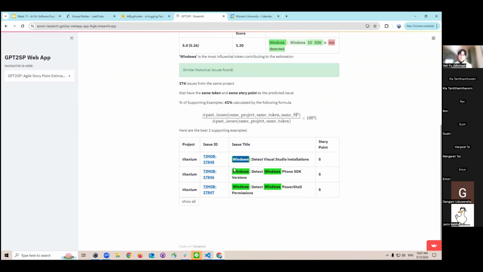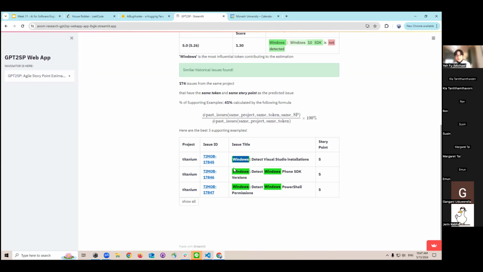This kind of explanation is really important for a deep learning or machine learning model. Imagine you are a developer and a model says this issue title and description deserves a story point of 5, but doesn't tell you any detail about why. You would suspect the prediction and wonder whether it is reliable and whether you can use it.